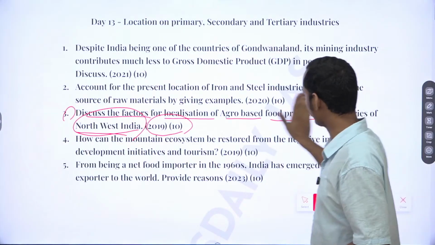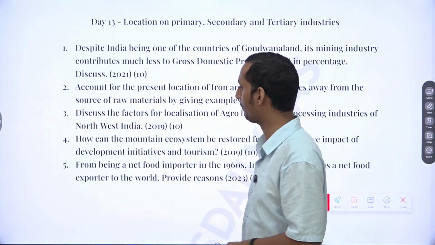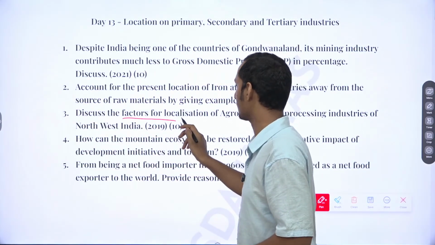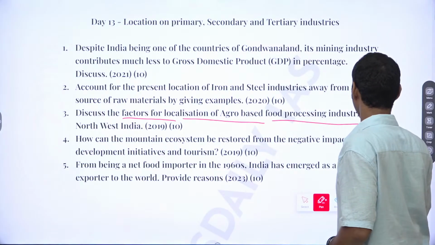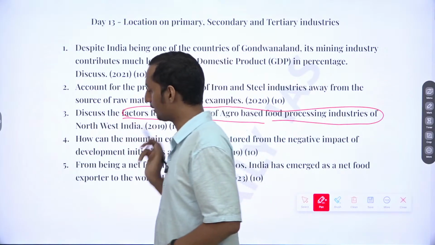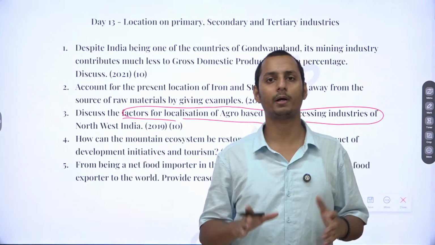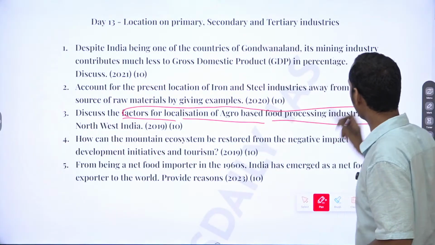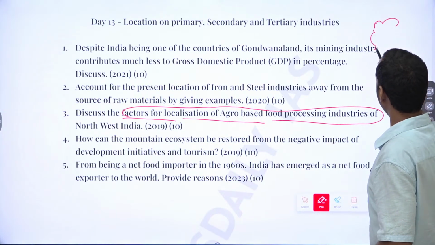Now, for the body part, what is the first body part? You have to mention the factors for the localization of agro-based industries, and also in this question as well, you can provide a map. Okay, so what can you provide? You can draw an Indian map,